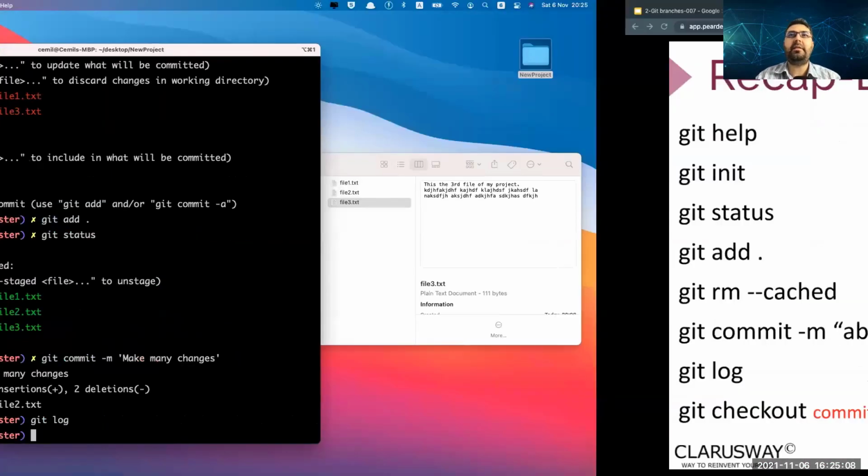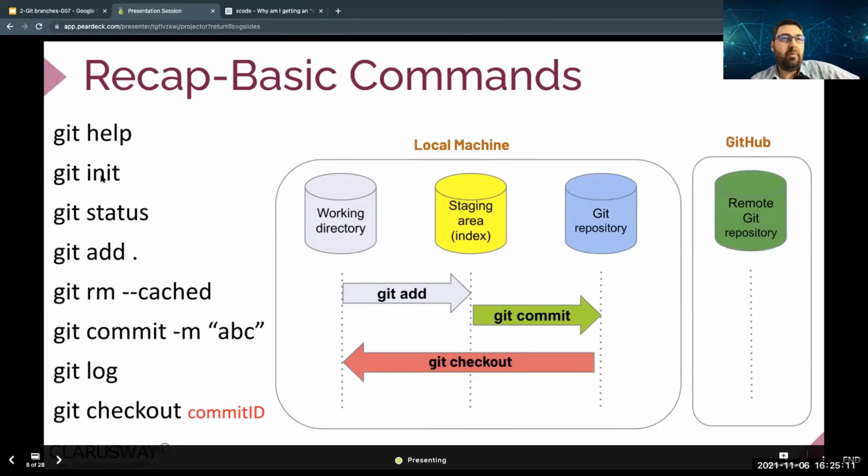So git init, when we're initializing a repository, git add dot is adding all the files to the staging area before we commit. If you want to run git rm --cached, then it will remove this file from the staging area back to the working directory, which is untracked and will not be tracked, by the way. But if you want to put any item from here to the repo, then you git commit. So we just run git add and git commit many times today. And finally, when you say git log, it just shows you what changes you have done.